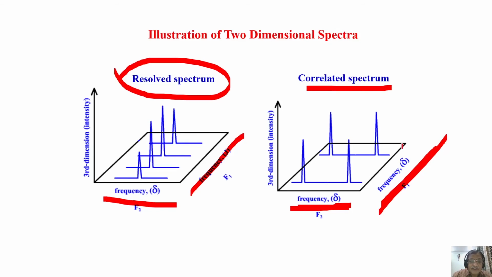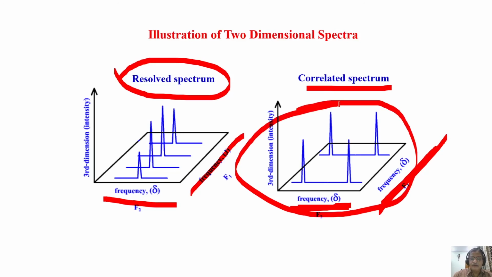This is the way we represent the two-dimensional spectra. This is called a stack plot. When you plot like this with an intensity pattern like this, the number of stacks depends upon the number of T1 points you had. You can represent it like this. This is a stack plot of the 2D spectrum. Understand? This is a stack plot of the 2D spectrum. You can define the number of T1 points or incremental points and have a stack plot of the 2D or 3D spectra.